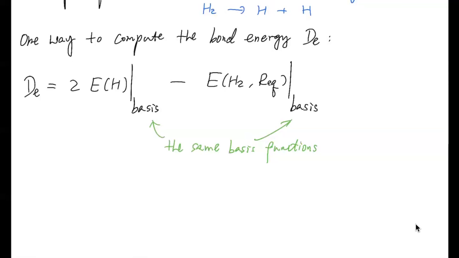The second is to calculate the total energy of an isolated hydrogen atom. The third is to calculate the total energy of another isolated hydrogen atom, right? So this hydrogen atom is really isolated,